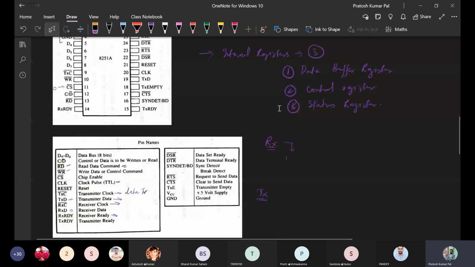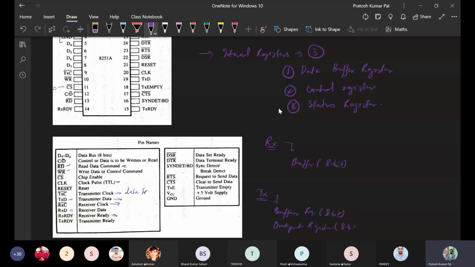So in the case of the transmitter, there will be a buffer register that will be 8-bit. Similarly, in the case of the receiver, there will also be a buffer register of 8-bit. In the transmission section, on the transmitter side, it is transmitting the data, so it will have an output register, and this will be 8-bit.